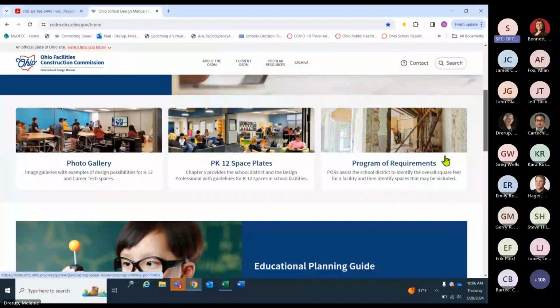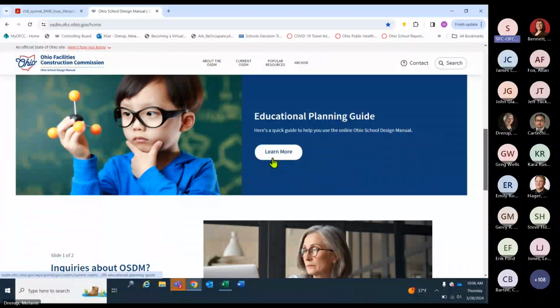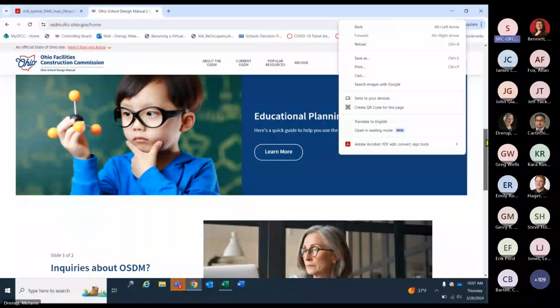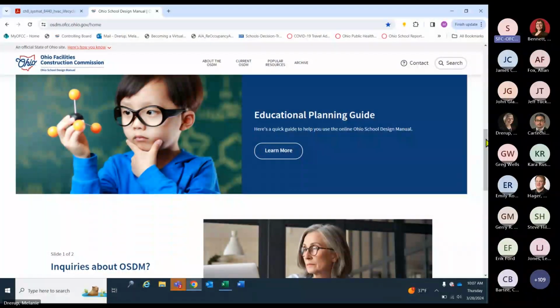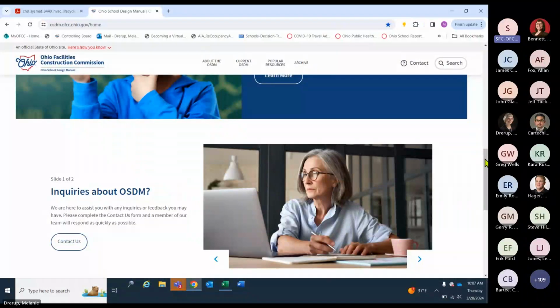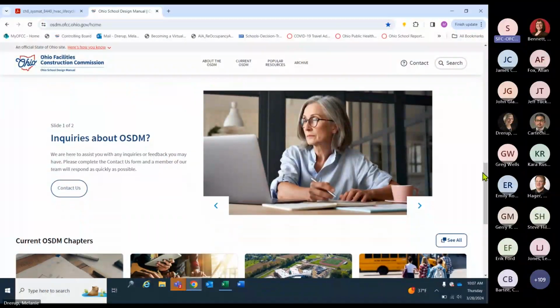The next banner provides the educational planning guide, and it has the link to what you know as the 2023 planning guide. Later this year, we will begin the planning for the web-based educational facility planning guide. We're really excited about that, and we hope that many of you will participate and assist us in that development.